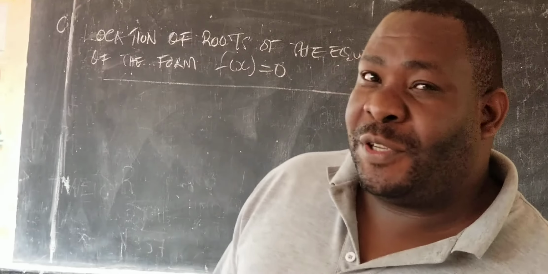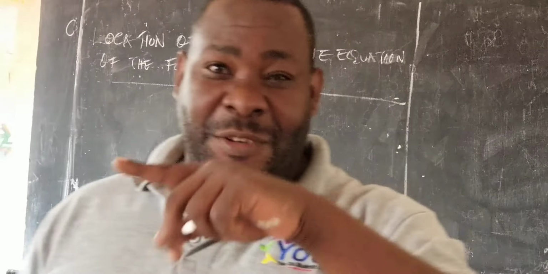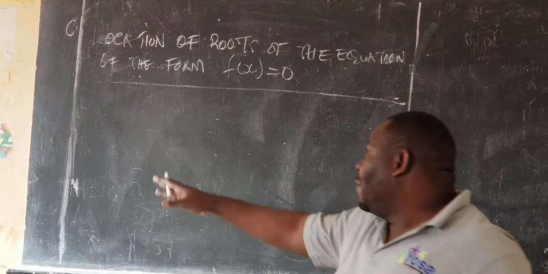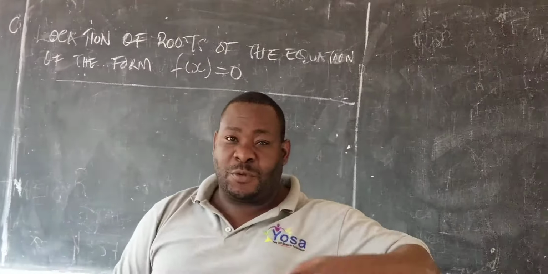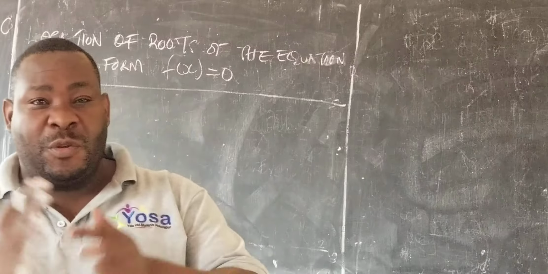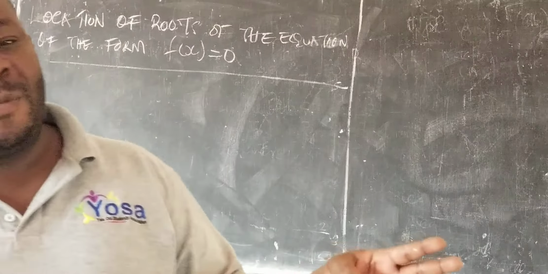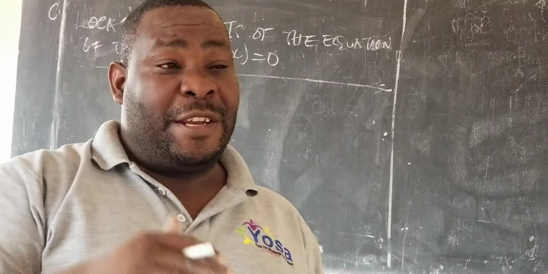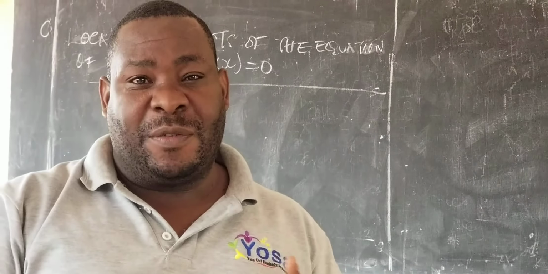We can now continue with the study of the location of roots of the equation, which is given in the form f of x is equal to 0. Previously, we looked at how to locate the roots of the equation using the change of sign method. You draw a table, then you keep on substituting the values of x in the function f of x. Wherever you see a change of sign between two values of x, then you can make